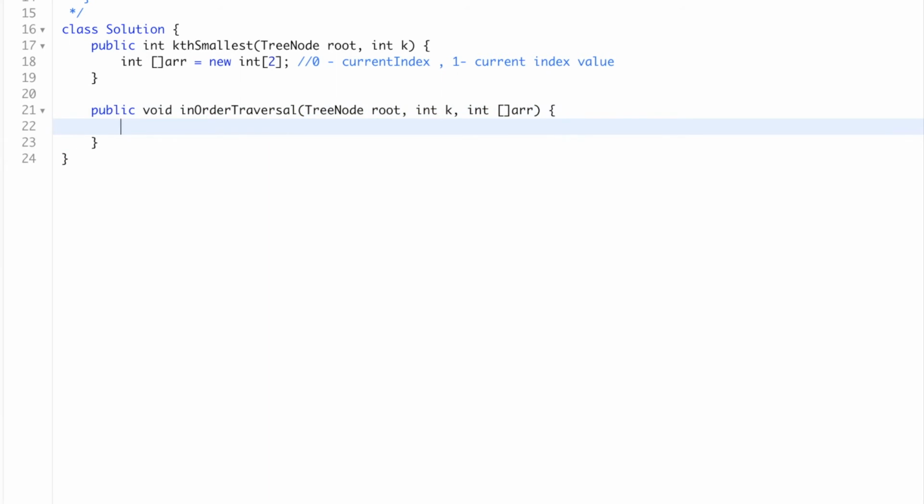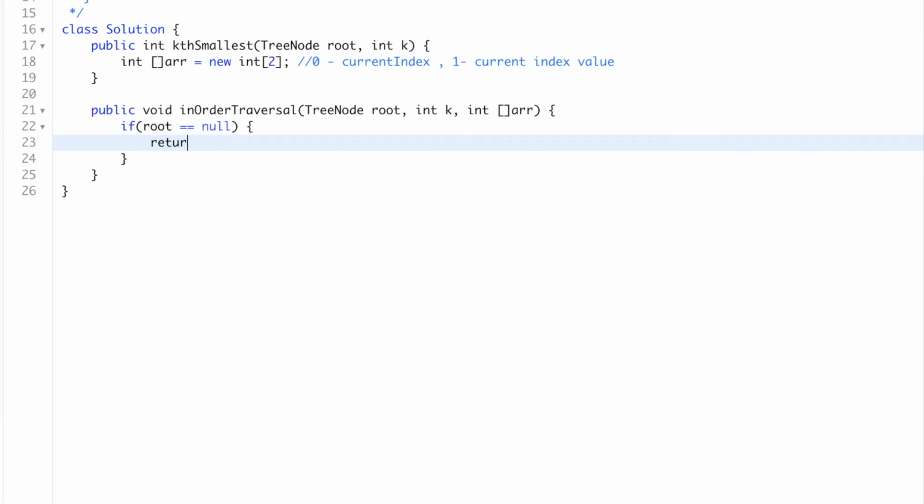Now we'll write the code for in order traversal. First we'll check if our root is equal to null. In that case, we return from here, otherwise we do the in order traversal. So in order means we first go to the left subtree, then the current node, and then the right subtree.